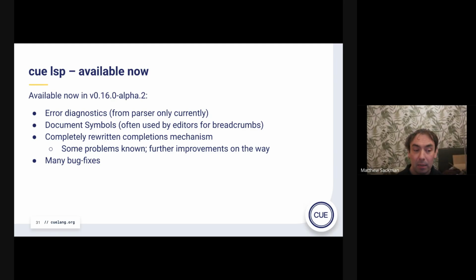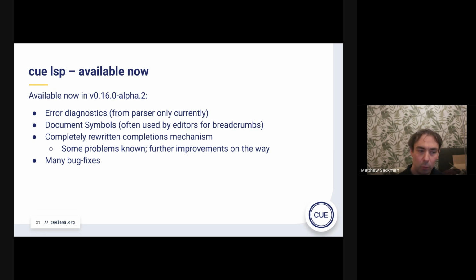But it's a lot better, and it does allow for the normal sort of IntelliSense. You can ask for completions from within the middle of white space. Some error diagnostics already appeared. That's not super useful. It's useful in some cases, but it's mainly only getting error diagnostics from the parser. So it doesn't tell you, for example, that something's wrong if you're trying to add a string to an int. It's more syntax errors at this point.